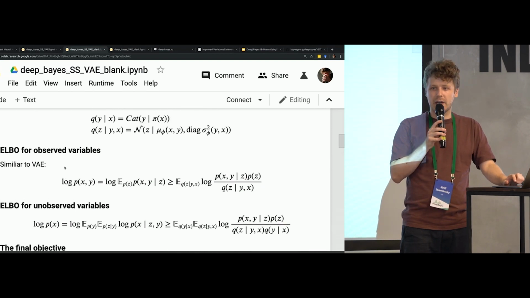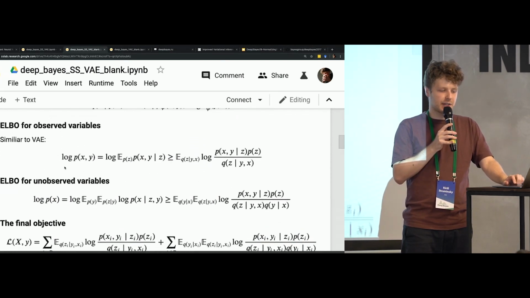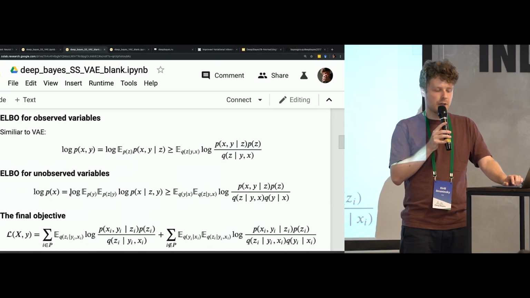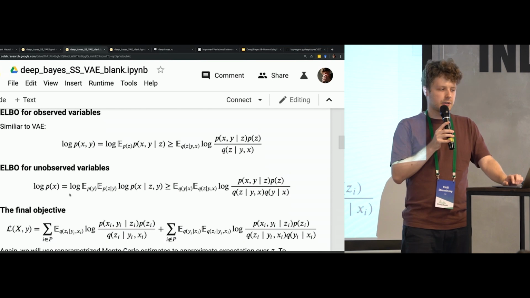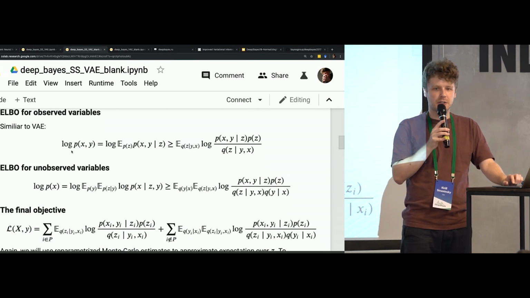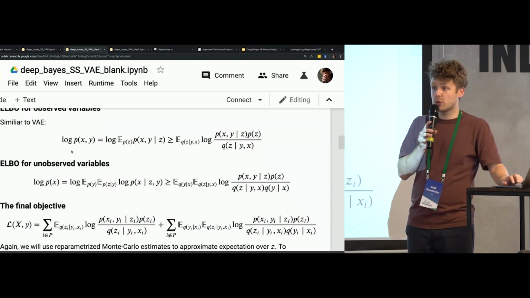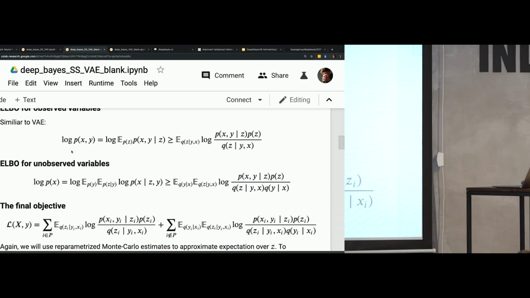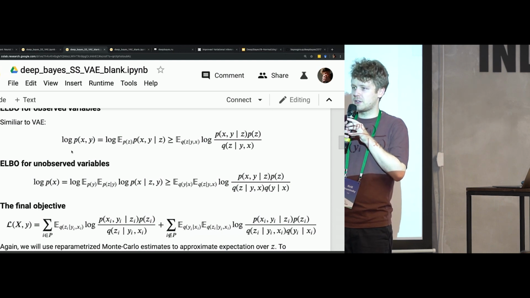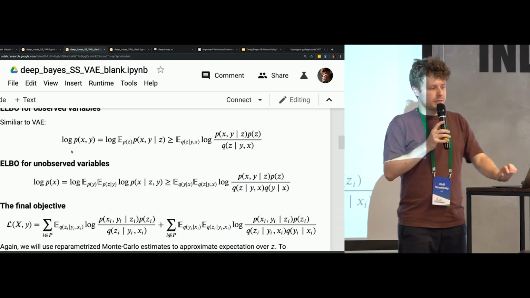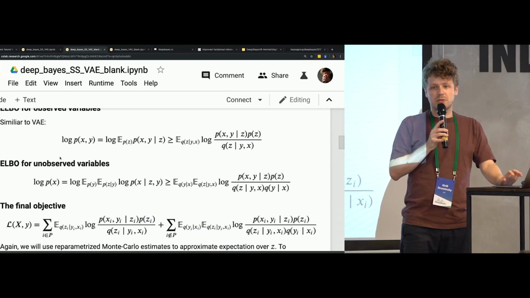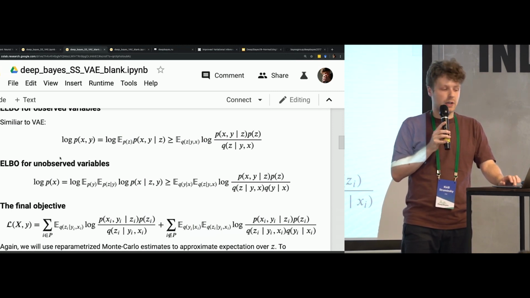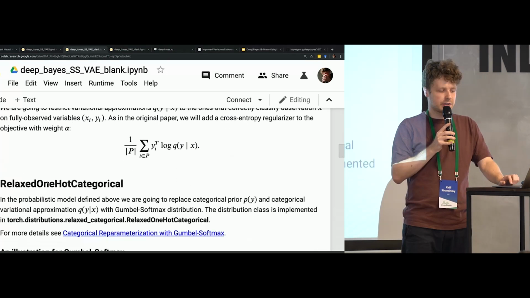So the final detail I have to tell you about is that besides the two ELBO terms in the loss function, there is a small hack in the whole framework, the semi-supervised VAE. So we want to use distribution q of y given x for classification. Because look, it takes x as input and returns a distribution over classes, right? So this is the thing which we can use as a classifier, right? And well, it turns out that if you just optimize those two ELBOs, the classification is not that good. And the authors propose to add a penalty term